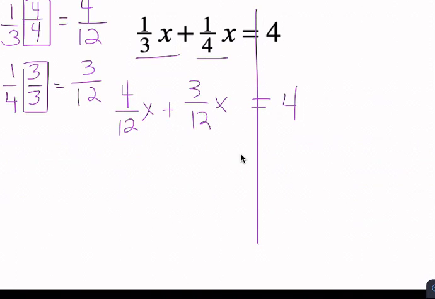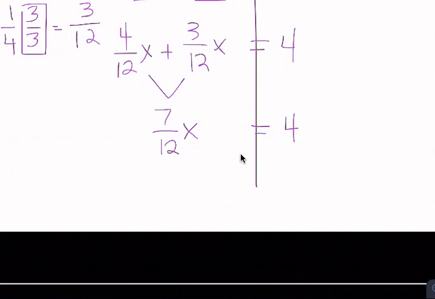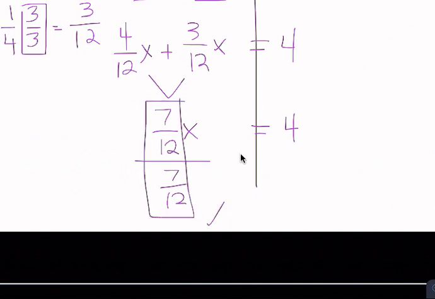Okay, now I have these two that I can combine. So 4/12 and 3/12 is 7/12 x. I can only combine them because they're both x. Equals 4. Now I want to know what x is, not 7/12 x. So I need to divide both sides by 7/12. This makes a 1, so I'm left with x equals, and then I have 4